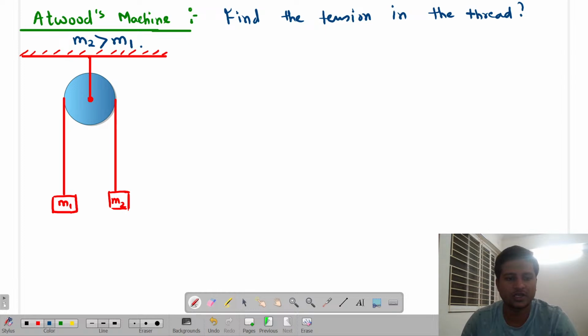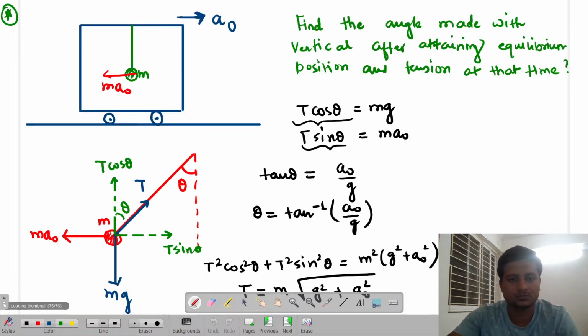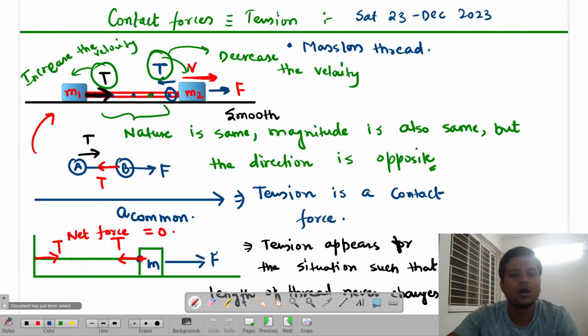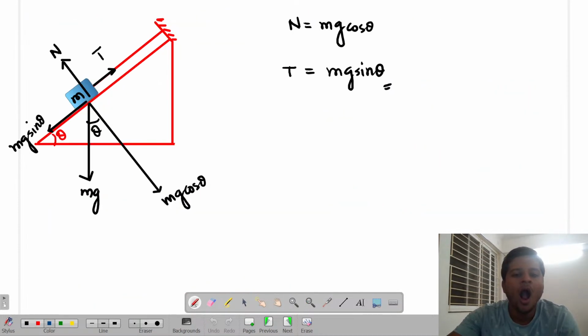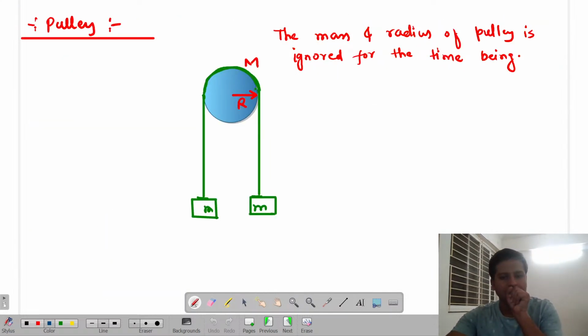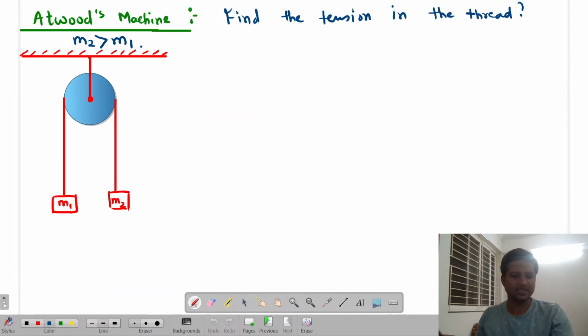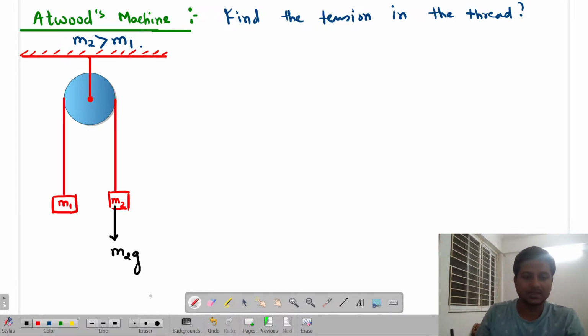So tell me, what can be the equation? Okay. So something like that you are getting. Now, M2 is heavier. So basically the weight of the block will be downwards, isn't it? And for that there will be an opposite repulsive force which we also call a tension in the upward direction. As the thread is one,